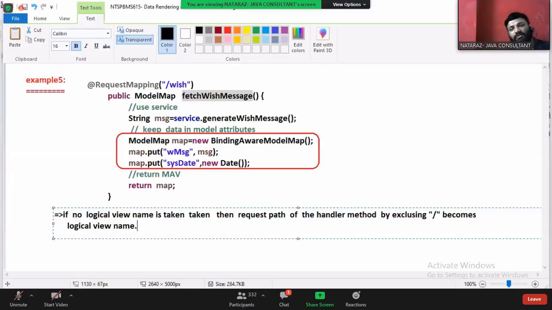KP Karthik, to call set view name, first of all, model and view class object should be there. Do I have a model and view class object? Set view name is the method of which class? Model and view class. Do I have any model and view class here? Half knowledge is very dangerous, Babu. Slash becomes logical view name. For example,